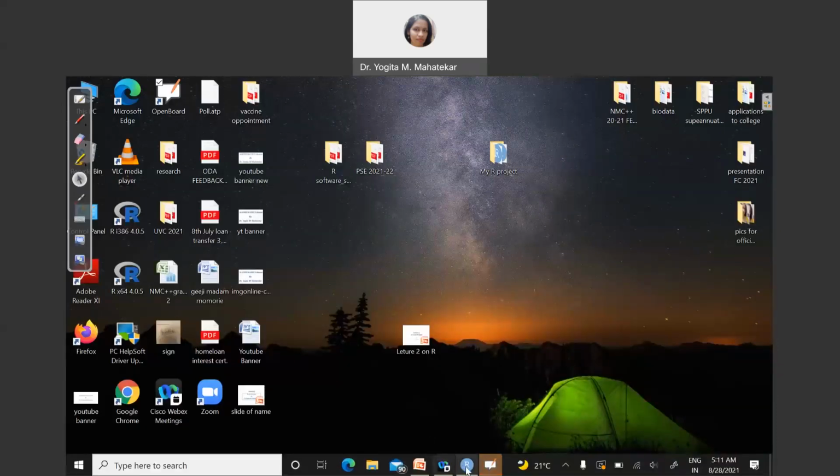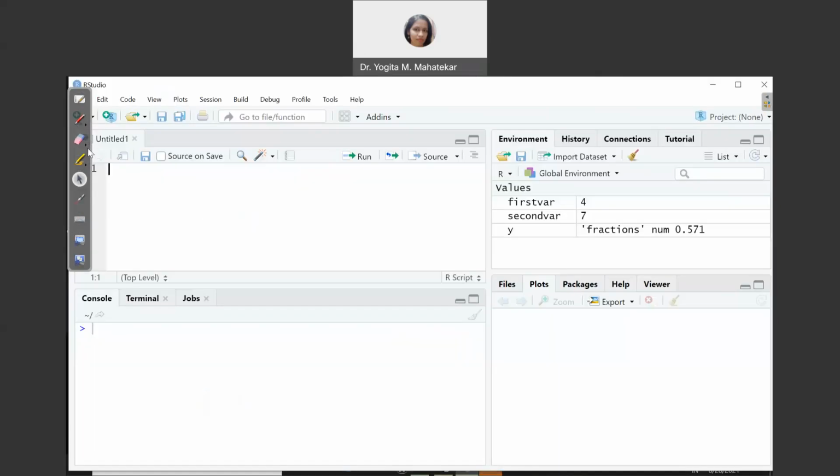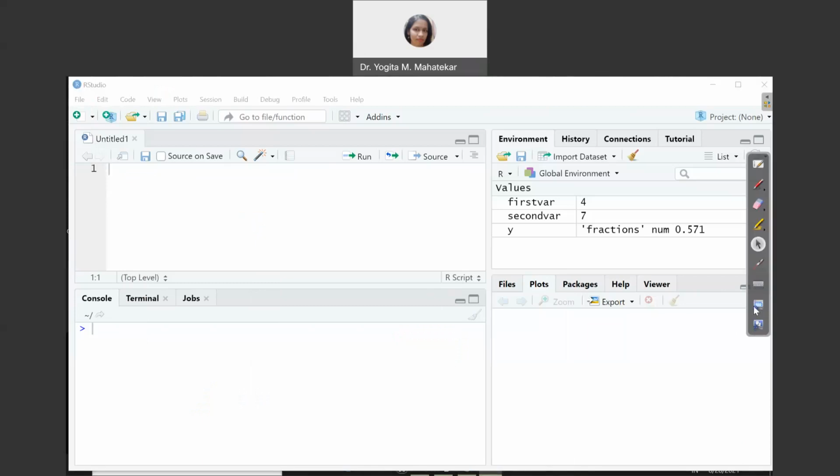Now, in RStudio, the left top corner window is called the source window. The bottom left corner window is called the console window. In this console window, we can install packages or run a particular command.